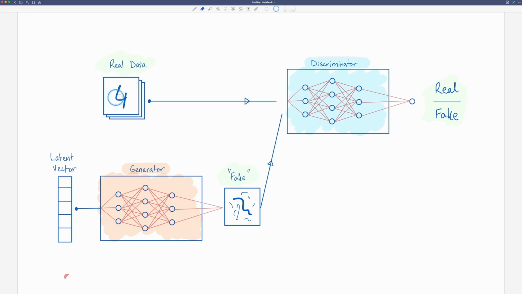So we feed some real data and some fake data to the discriminator, and the labels are real or fake. Once we do some training based on these, we are going to get some gradient or loss back out, which is going to train the discriminator weights. So all of these weights are going to be updated so that the discriminator is better able to differentiate between real and fake images, right? So this is where your understanding of deep learning comes in. You understand that given this real data or fake data, the weights are going to be arranged in a way that the discriminator should be able to correctly identify the image as being real or fake.